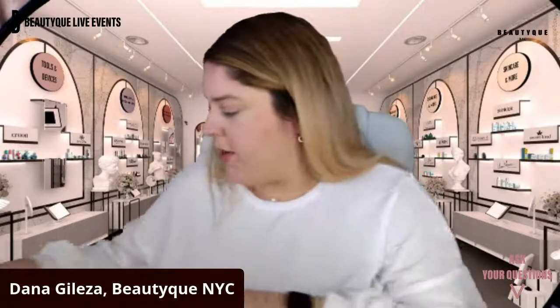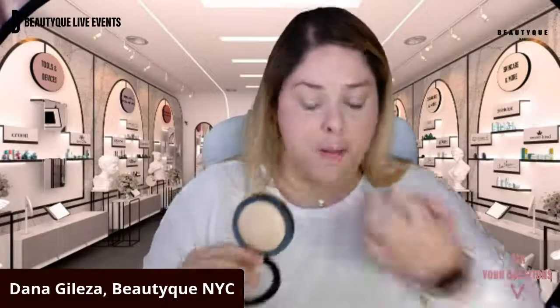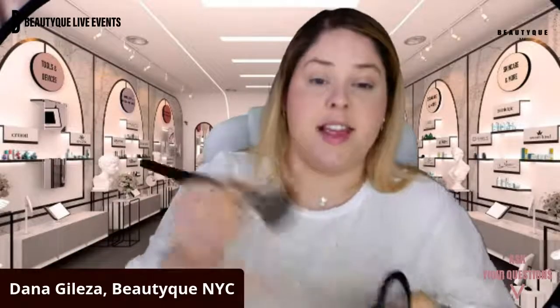And then I'm going to take my Sephora Micro Smooth Powder. You can use any face powder. You can use that Laura Mercier one. You can use the one we have at Beautique from Be Radiance. But I'm just going to take a really big fluffy brush and swirl it in there and just set the